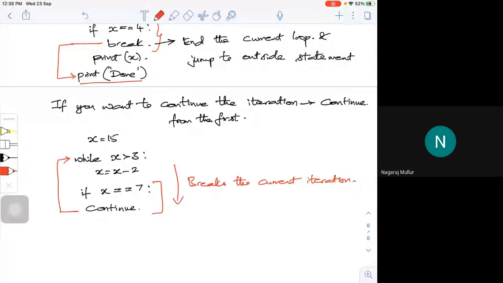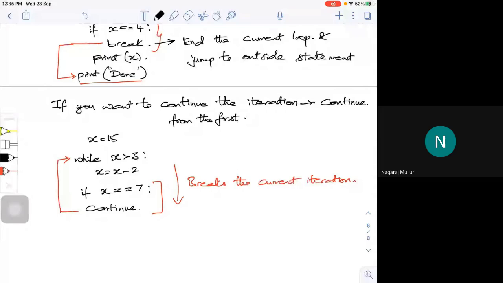So if you want this kind of condition, then we go with what is called a continue statement. A break statement will pull your iteration out, right? It breaks the current iteration and comes out. That's what we call a break statement.